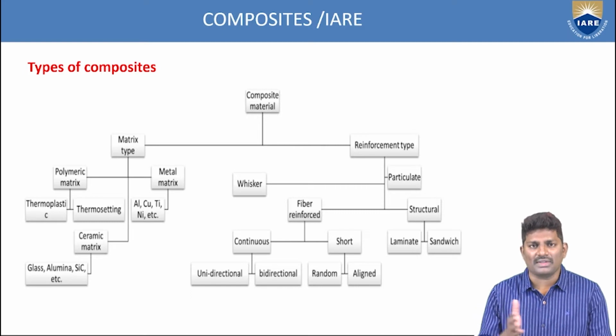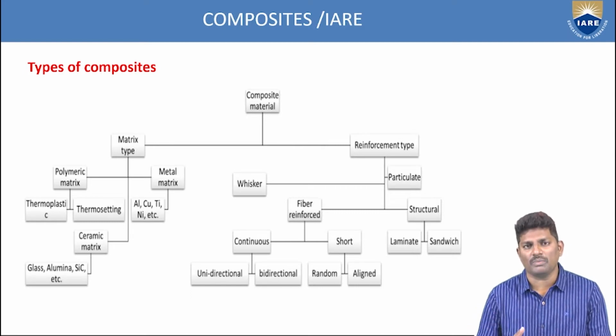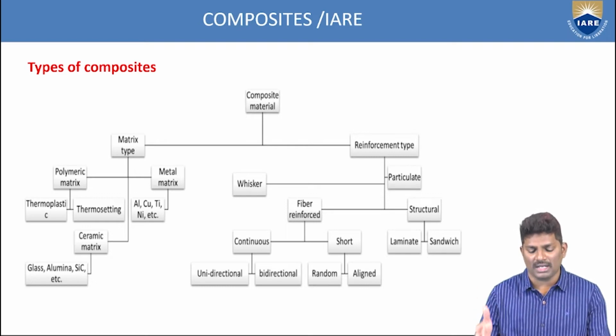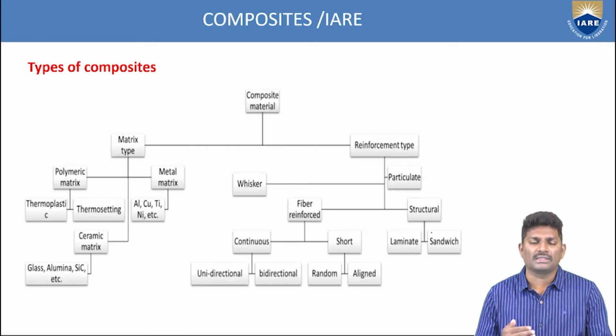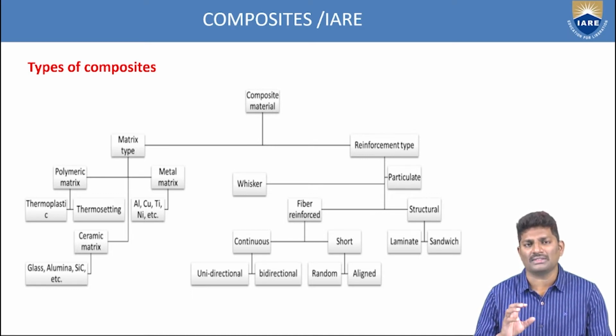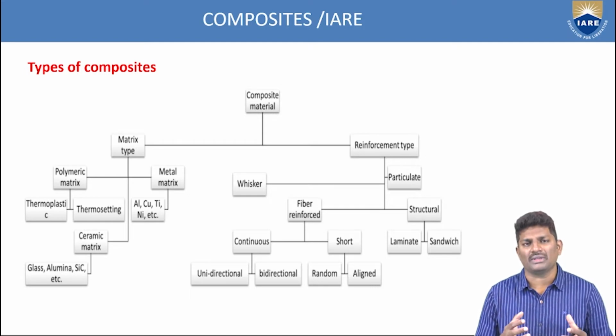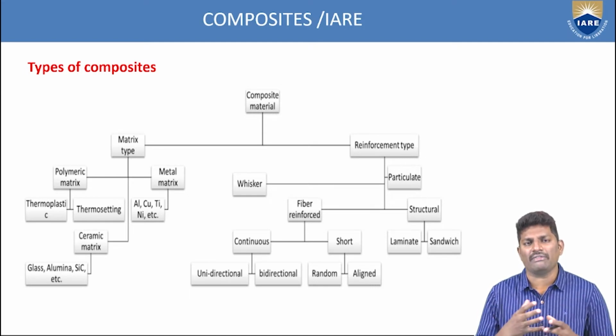And again, coming to the other side, the reinforcement between the two materials or three materials, whatever number of materials you are using, n number of materials, how the reinforcement between these materials is done, again, it is classified into fiber reinforcement and structural reinforcement. So the wings for the wind turbine blades or the wings for the aeroplane or aircraft, all these are reinforced plastic, glass reinforced components. That means you're trying to reinforce different types of materials to look like a single material.